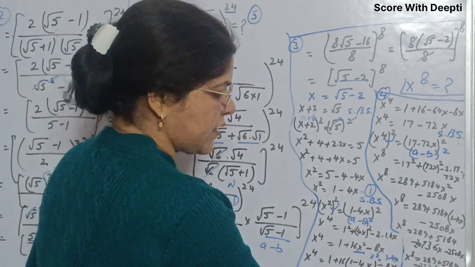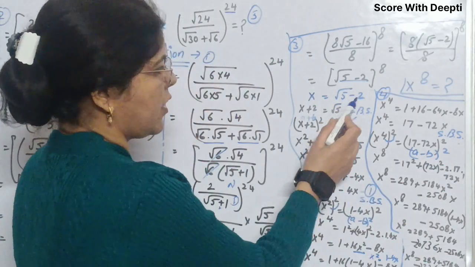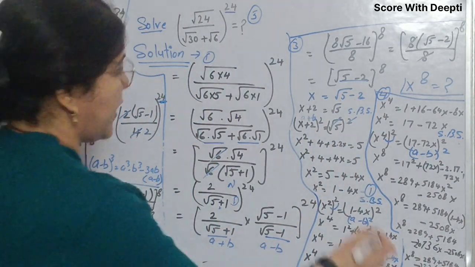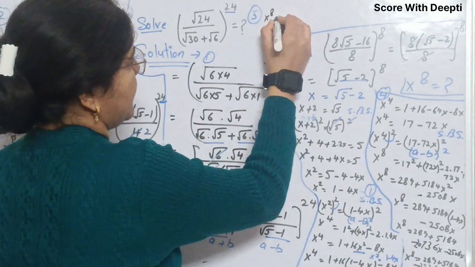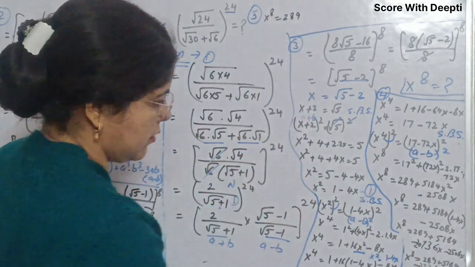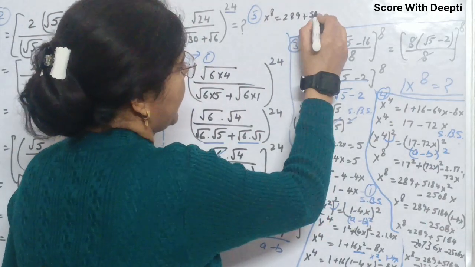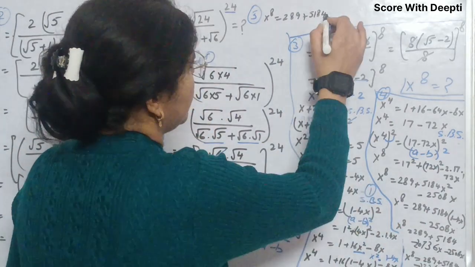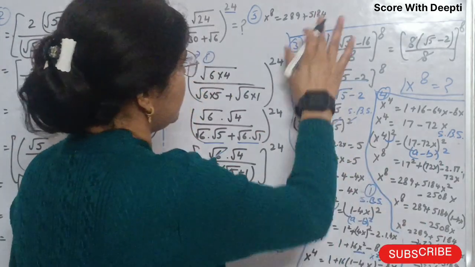Now in place of x we have to write square root 5 minus 2. Now we write x to the power 8 equal to 289 plus 5184 minus,